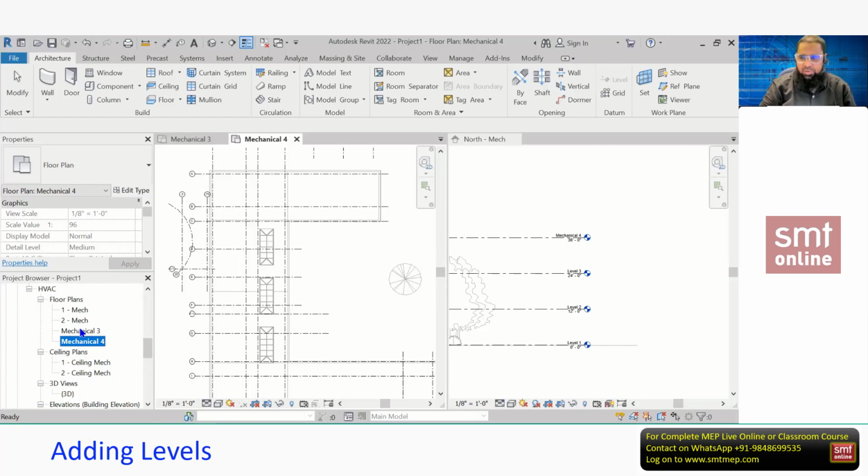So the first point is, creating the level is for what? To get the floor and ceiling plan. And as per the levels of the building, by default, you'll get 2 levels. The remaining 2 levels are your task to complete. If it is a 10 floor building, you must complete all 10 levels.